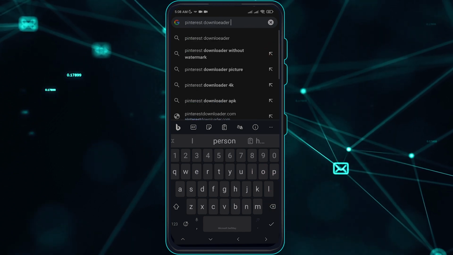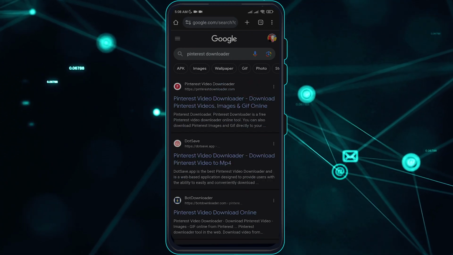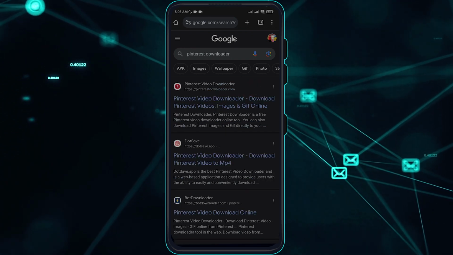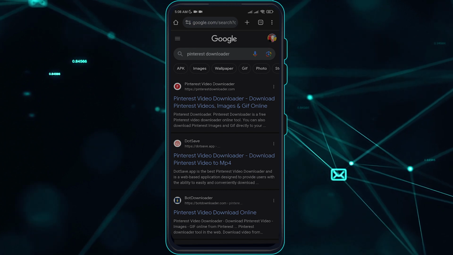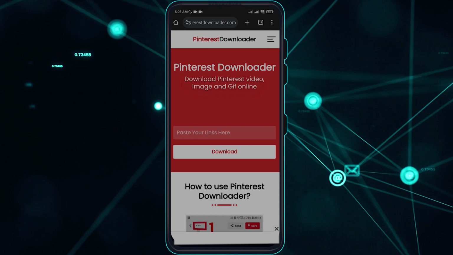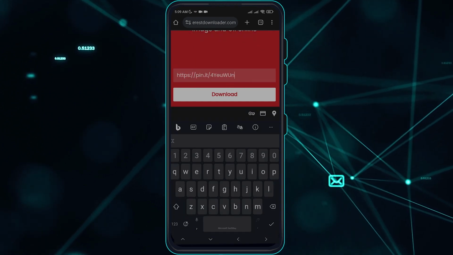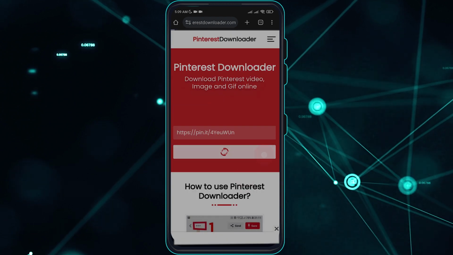And you just have to go over to your browser and search for Pinterest downloader. So there. So the website is called pinterestdownloader.com. So it is a very reliable website to download Pinterest videos. So once that is done, you just have to paste that link there. And you just have to download that